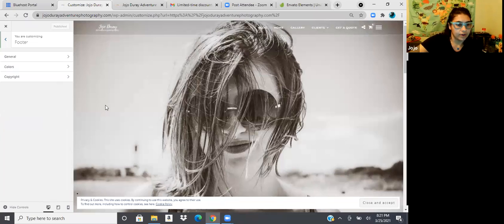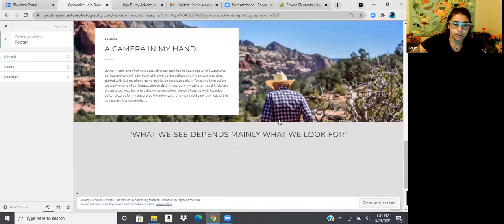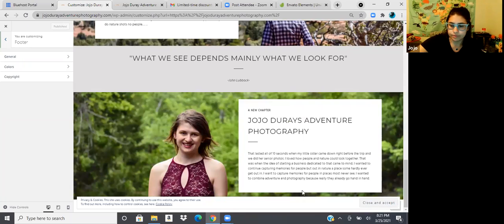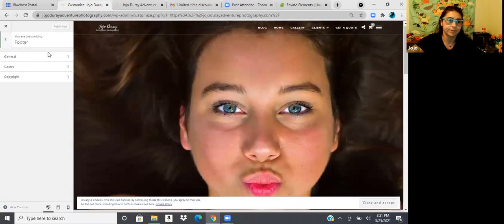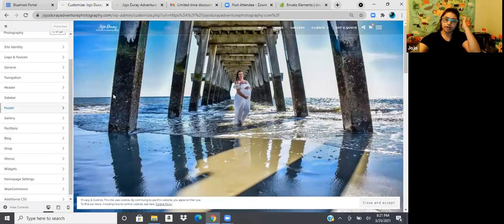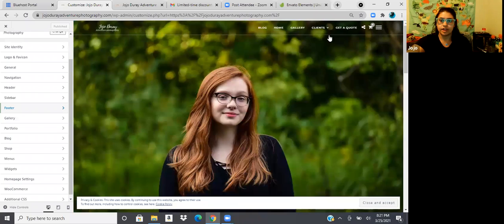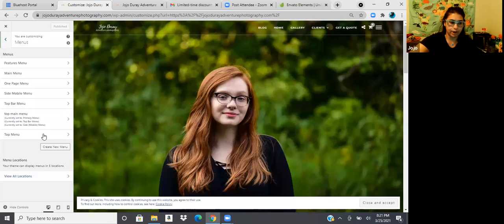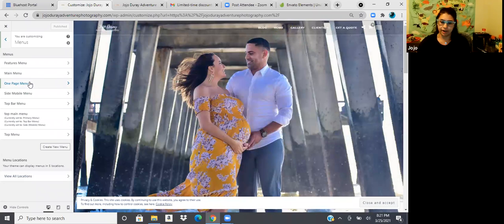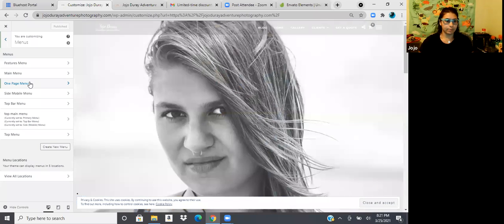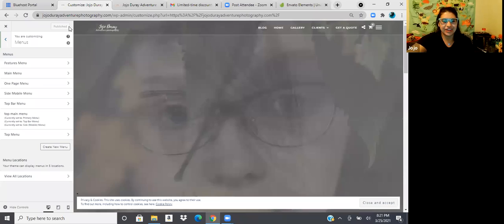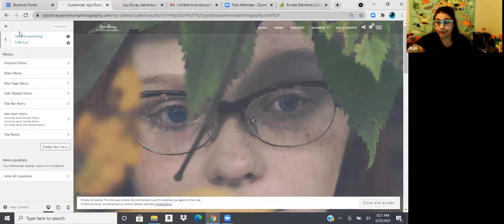You can have different footers. As you go down at the very bottom, you can have different footers, different menus, and you can change around what you have up here in the top little corner. This is a menu that I have right here, and all of that's changed right over here. You can drag and drop and move them around. It's one of those that you can play with a good bit, and it's not going to save until you press this little publish button. So if you mess up, just click out of it and don't save it.